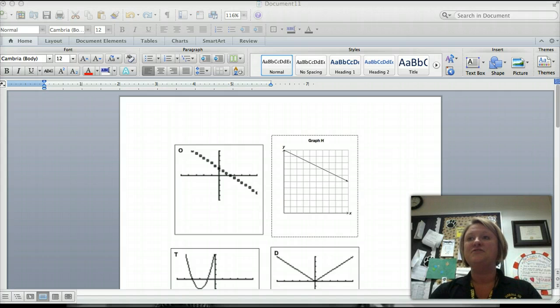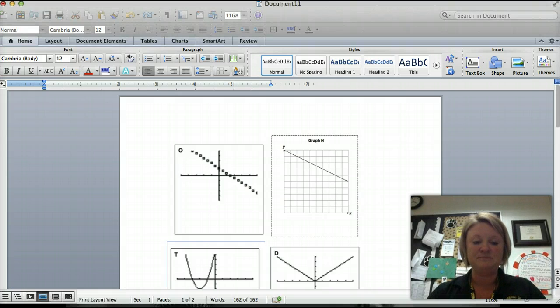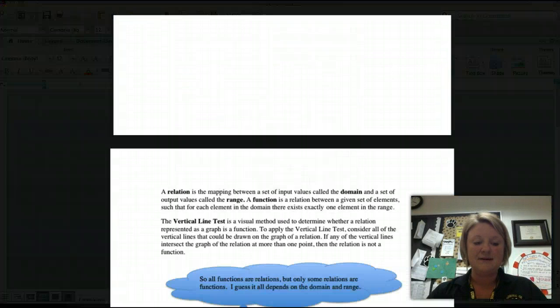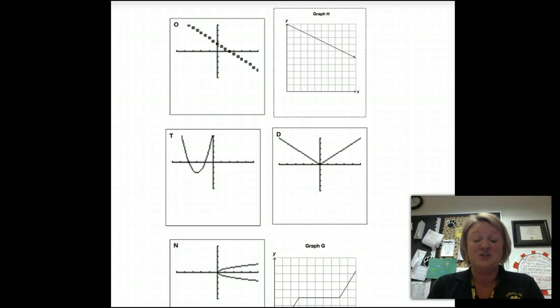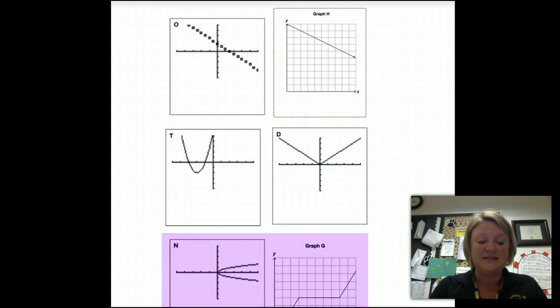Today, students had 22 graphs that they cut out, and I told them that there are no rules today. They simply had to match or sort these 22 graphs based upon their characteristics. You'll see on this page here, I made a Word document for you. Here are just a few of the graphs they had, and some of them sorted based upon